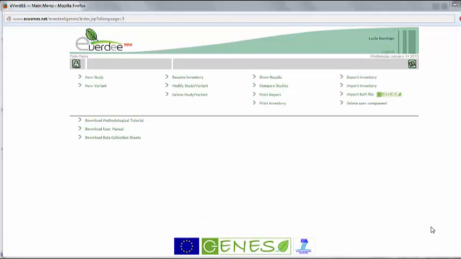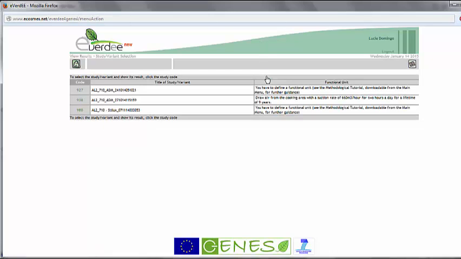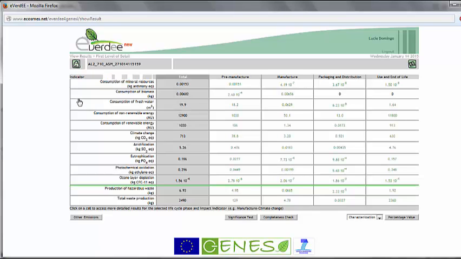So once you're satisfied with the definition of your product lifecycle inventory, you can evaluate the result of the life cycle impact assessment. So in here you will find all the environmental analysis you've been storing into your profile. Here you have the value of the 11 indicators we have in Everdy. If we click on percentage value,